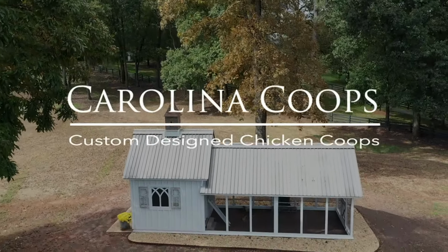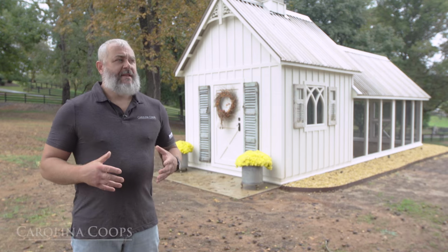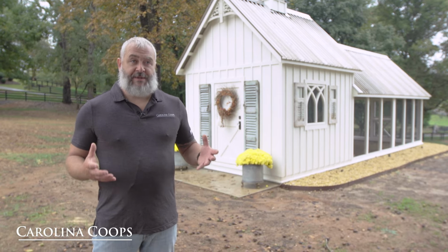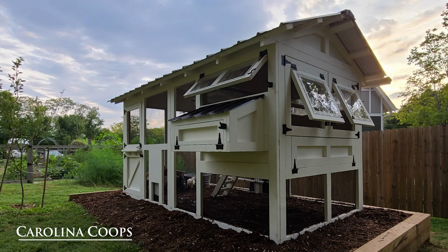Right now, we are standing in Canton, Georgia. So this chicken coop behind me is a custom chicken coop that evolved from what we call our Craftsman chicken coop. And what that means is most of our coops, you'll notice like our Carolina coop, our American coop, the hen